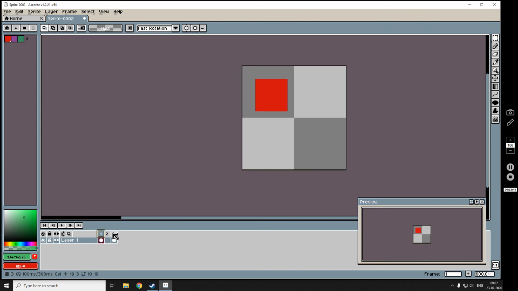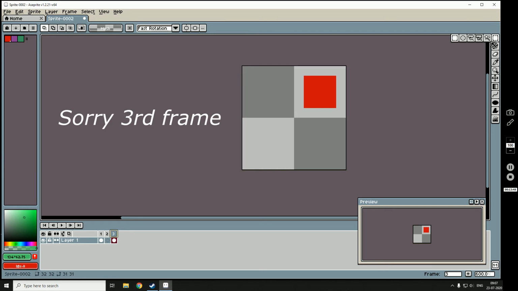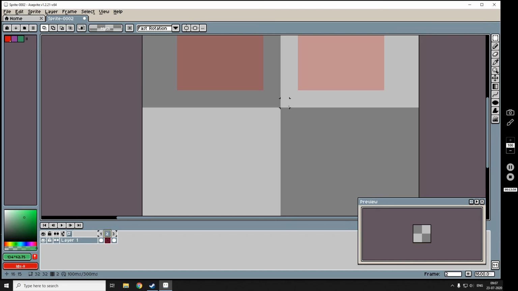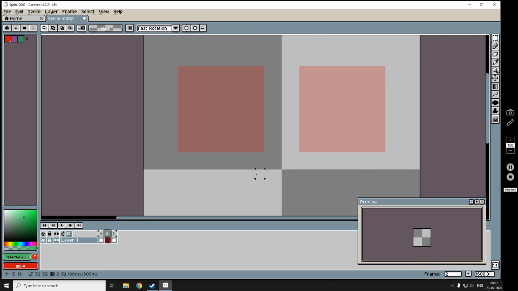So here is the first frame, here is the second frame. Yeah, and if I use this one here, then see, we can see both shapes, both the first frame and the second frame, in our second frame if we use the onion skin tool.